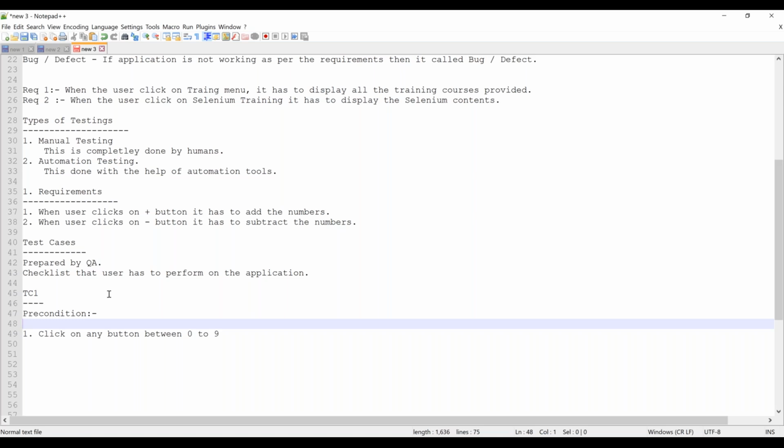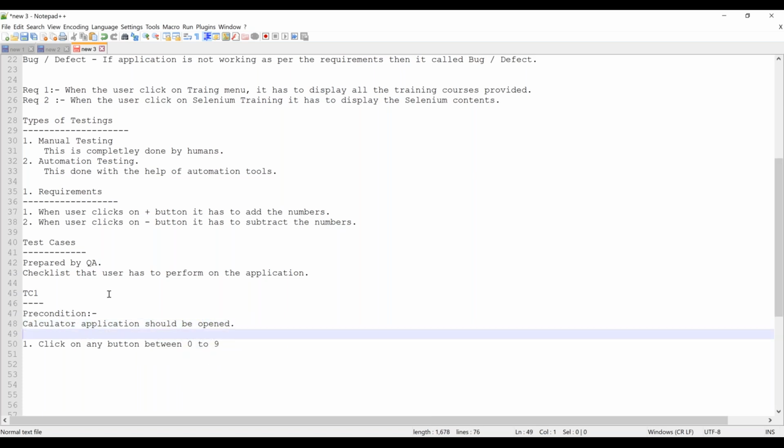You have to log in, and there should be $100 in your checking account, right? That is your precondition. So in order to test, what you should have beforehand is nothing but the precondition. So they will write a precondition: the calculator application should be opened. Okay, this is your precondition.